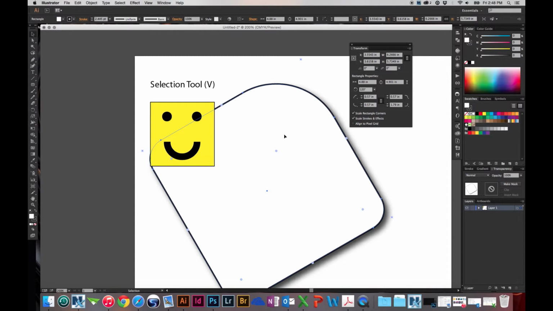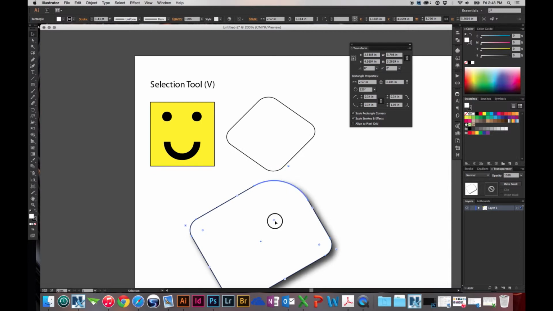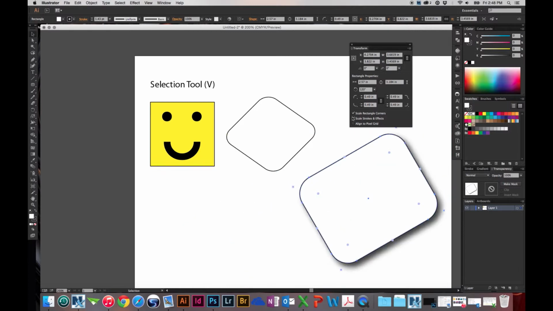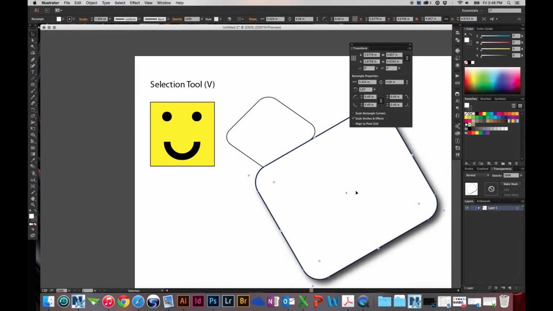Alright, so now we have a drop shadow. As long as you have this checked, when we scale it down, the effect itself is going to scale with it, along with the cornering, your corners. Now, if I have the corners unchecked, they're going to maintain their current ratio and size. Alright, that gets you all the way up through to